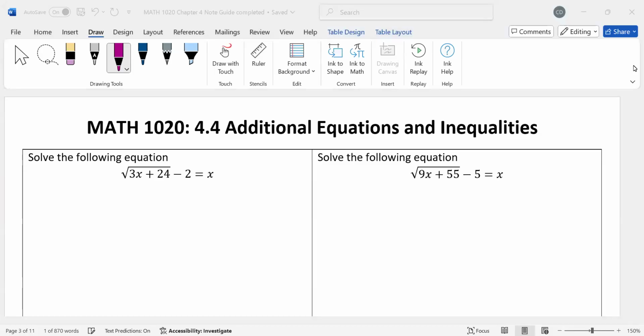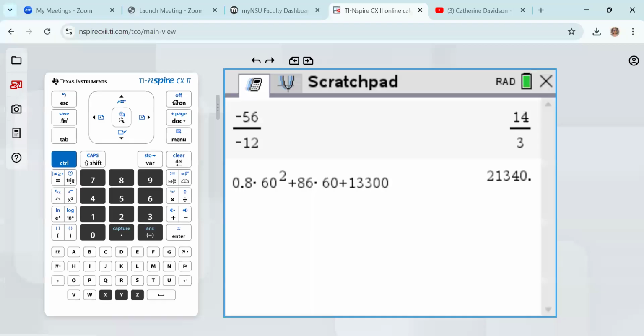This is section 4.4, additional equations and inequalities. So we can actually use our calculator to solve some of these. So let's flip over there. All right. So for the first two,